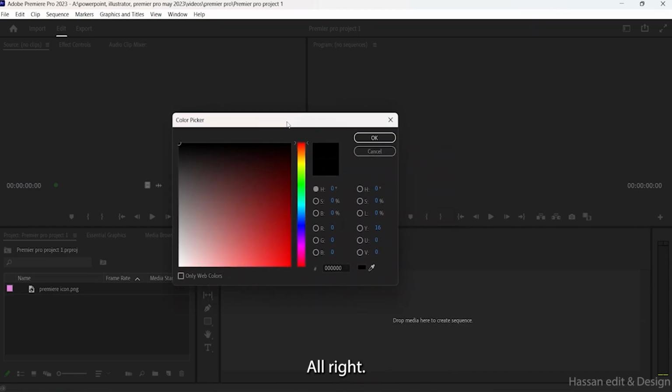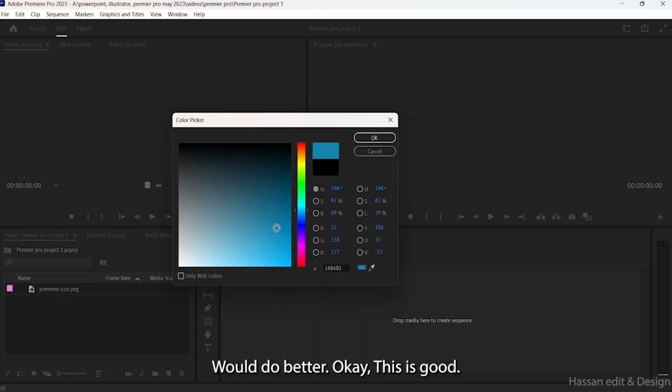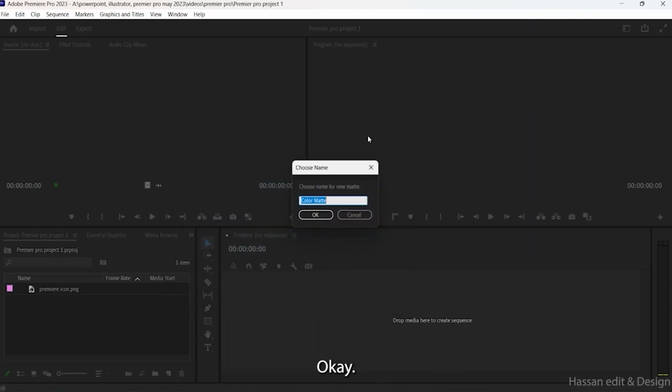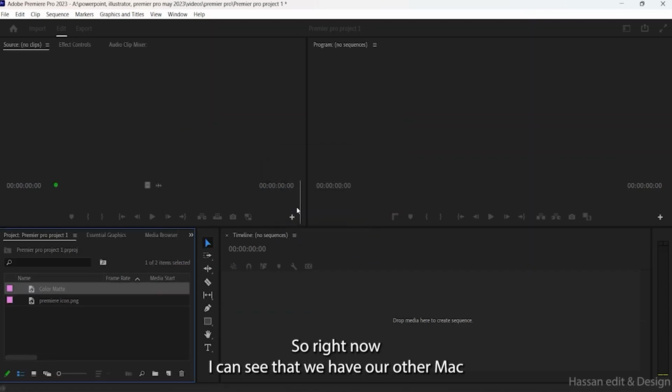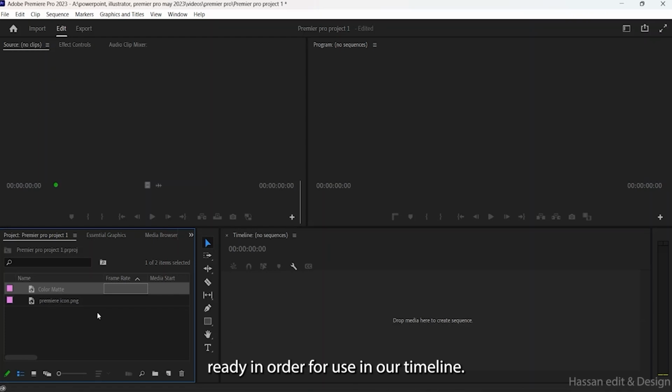Now let's go ahead and pick a color for our video. Let's say I want a dark hueish color, so I'll select this. A bit lighter would do better. Okay, this is good. Now let's click on OK, and then we'll choose a name for our new matte. It's okay. Now you can see that we have our color matte ready for use